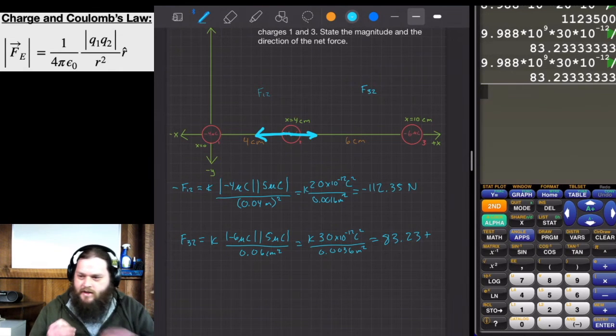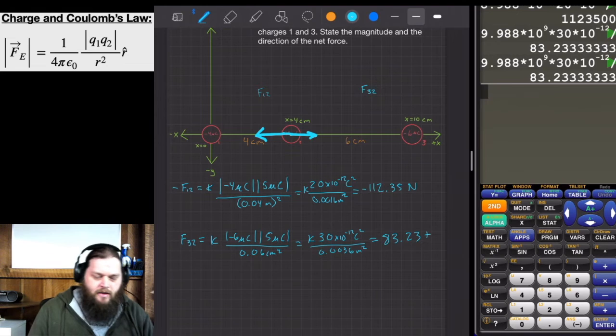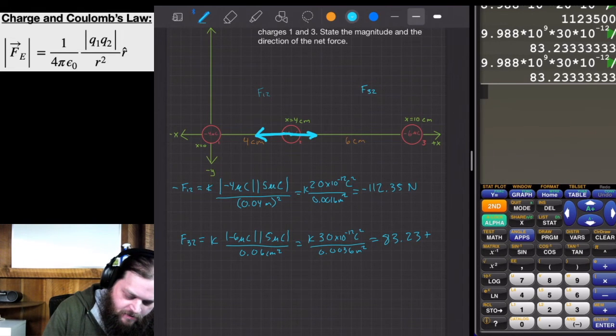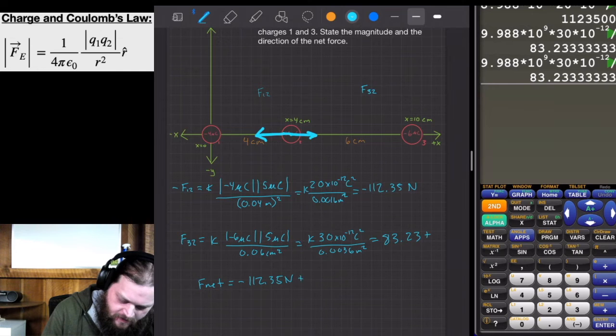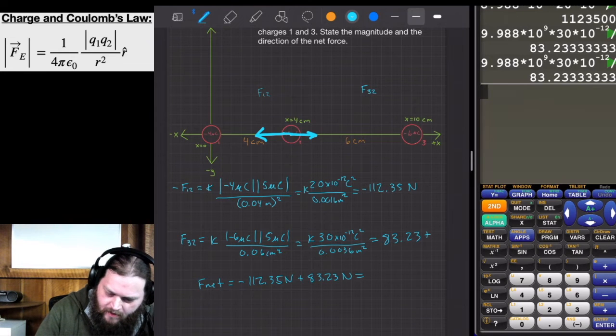So when we sum up those two forces to find our net force, the net force is equal to negative 112.35 newtons plus 83.23 newtons, which is equal to